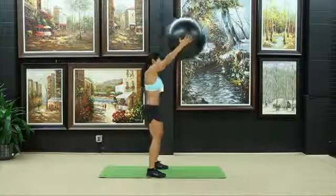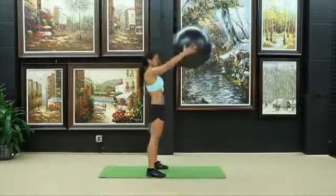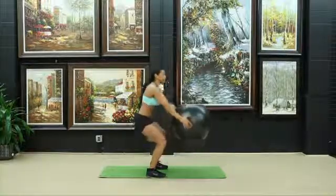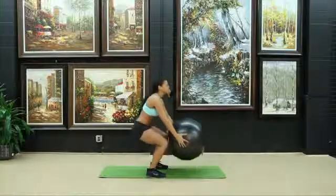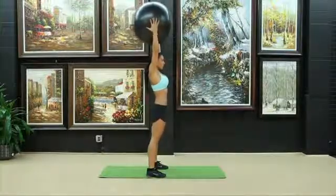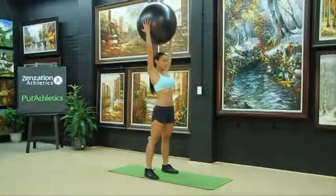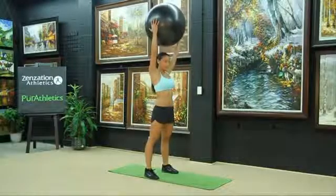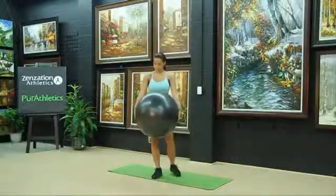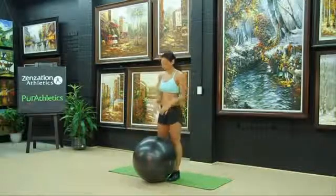5. 6. Breathing out on the way up. 7. 3 more. 8. 9. And 10. Great job, everyone. Now that was our last exercise for the warm-up. Grab a drink of water if you need to, and now it's time to get into our full body workout